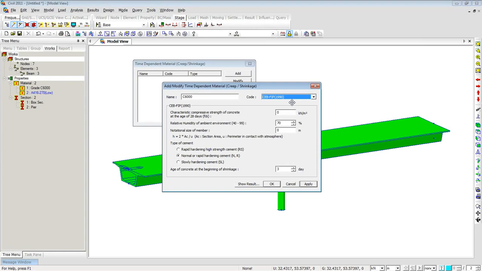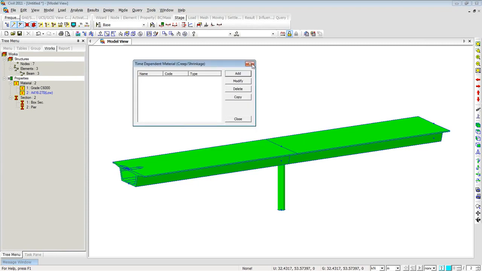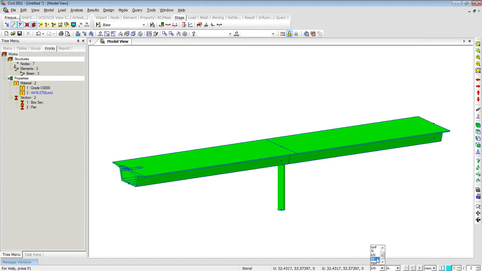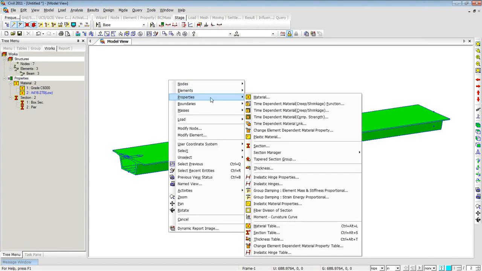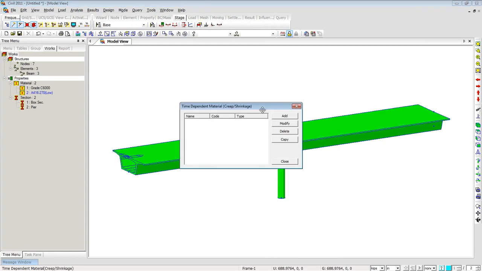I'll be using this code, and here I need to enter the characteristic compressive strength of the concrete. To be honest with you, I have no idea how much C6000 or 6000 psi is equal to in kilonewton per meter square. So what I'll do is just quickly close this dialog box, go to the status bar, change the units to kips and inch, then right click, back to properties, time dependent material creep and shrinkage,